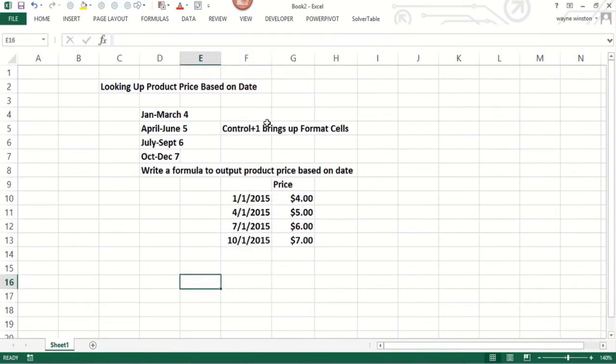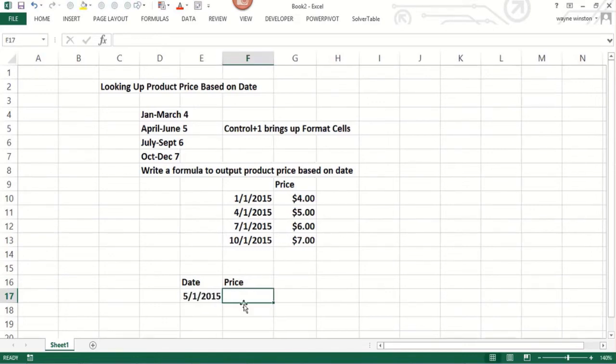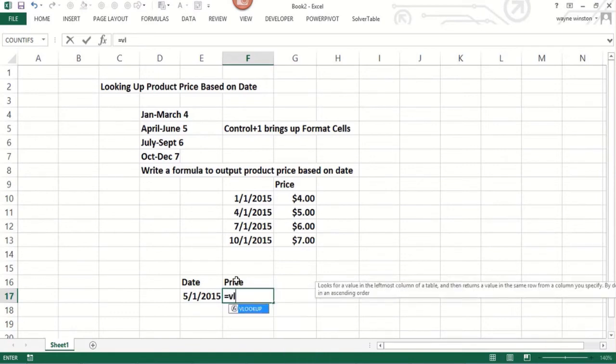So now we're going to type in a date, and we're going to get the product price. Okay, so we'll make up a date. Suppose it's May 1st, 2015. Again, double-click to widen the column. So now it's a vertical lookup because I'm going to match that date in the first column here. And so I do vertical lookup,